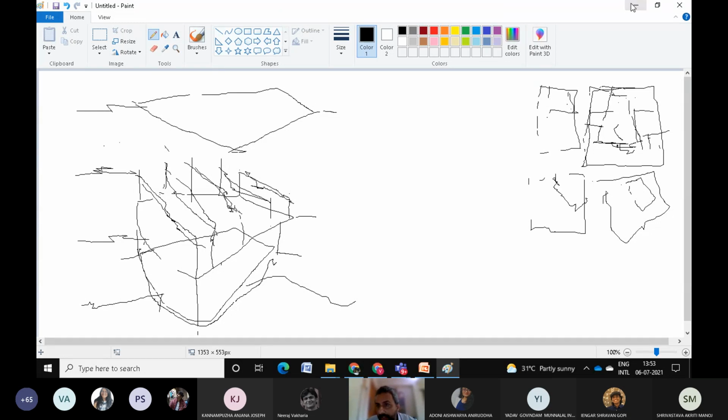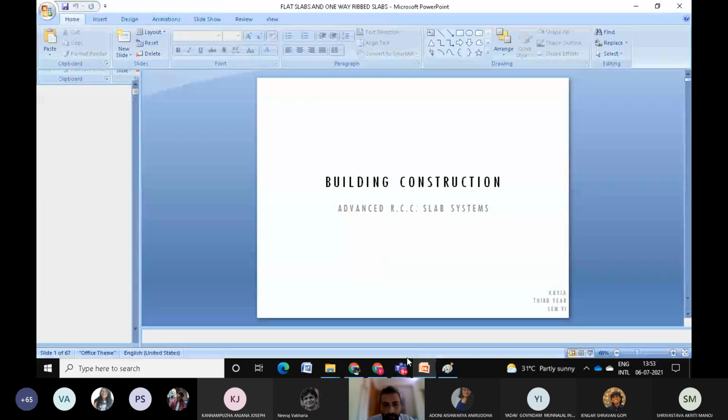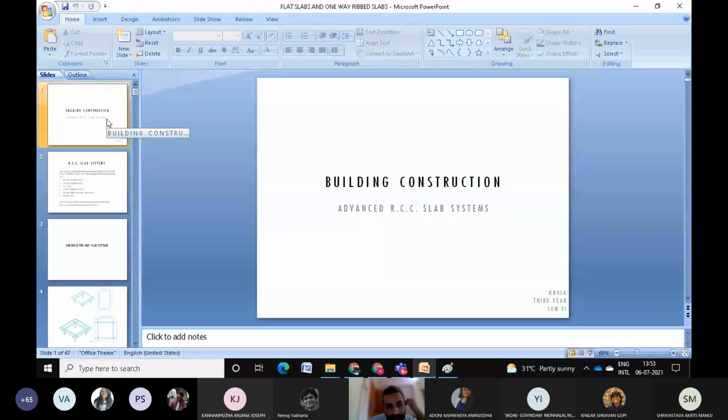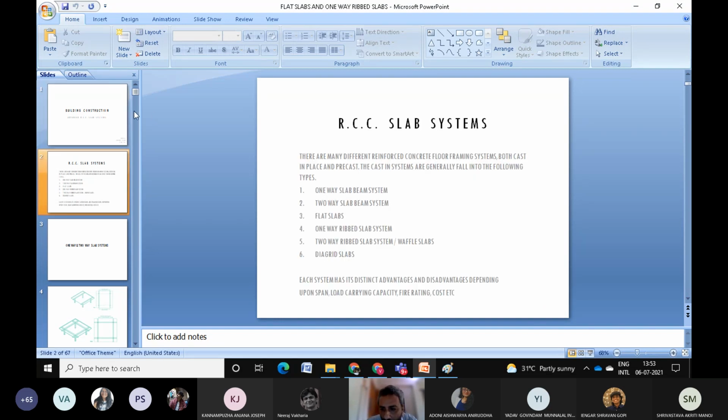But before we get into that, I thought it was necessary first to quickly brush up on the kind of structural understanding that you have had earlier. Yeah. And what is that? And that is that, first of all, I think in the lower year, in the second year, you have looked at how slab systems work, RCC slab systems work. So before we go ahead, we'll try to look at what kind of slab systems there are.